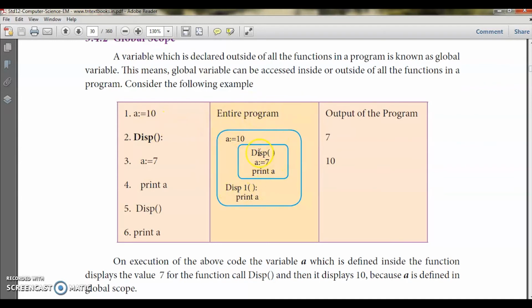So entire program, display 7, the same thing, a is equal to 7, print a. ஸோ இங்கே என்ன சொல்லிருக்கோம், இதுக்கு முன்னாடியே நம்ம என்ன பண்ணியிருக்கோம், குளோபலா a is equal to 10, ஒரு a ங்கிற ஒரு வேரியபிள் அதில் 10ங்கிற வேல்யூ ஸ்டோர் பண்ணிருக்கோம். So a is 10, display 7, a equal to 7, print a, and then print a we have it. So what will be the output of the program?